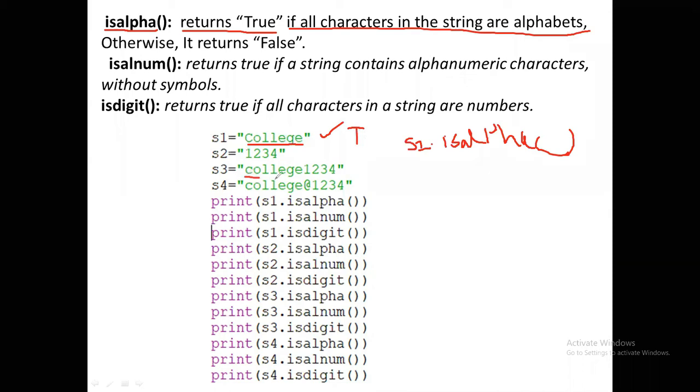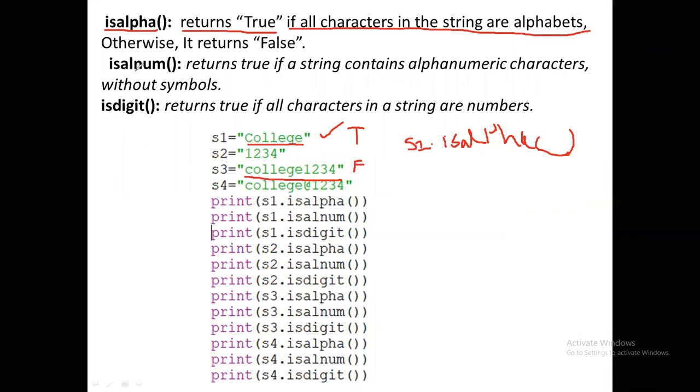For example, college1234. Here college is a combination of characters, and it's a combination of characters and numbers, so it returns false. Okay, so what is isalpha? It returns true if all characters in the string are alphabets. Otherwise, it returns false.